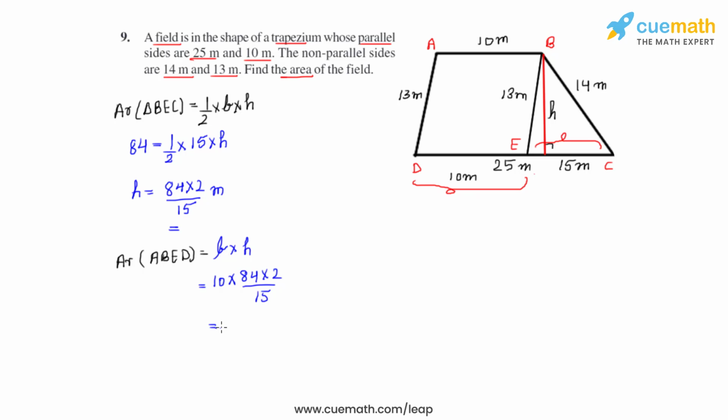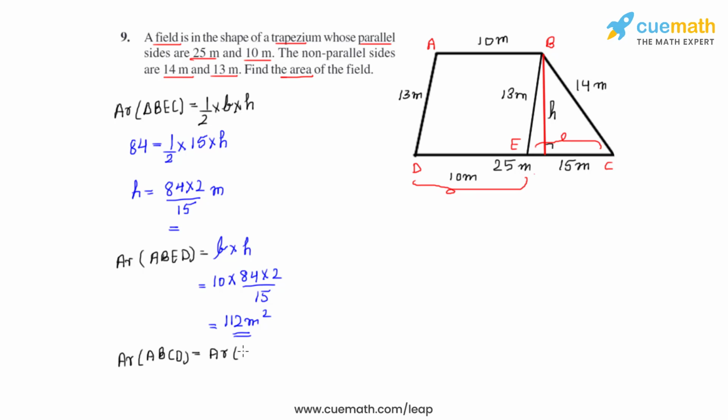On calculation this gives us the area of parallelogram ABED to be equal to 112 meter square. Now, as we have found the areas of the two shapes for the given trapezium, a parallelogram and a triangle, we can write the area of trapezium ABCD